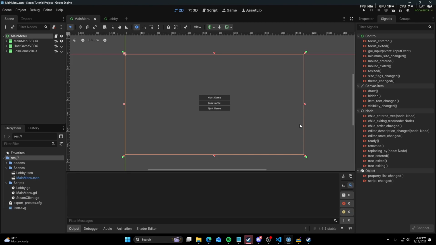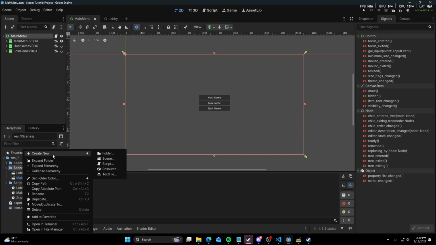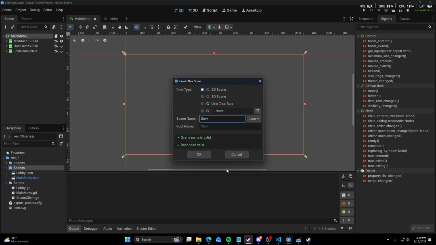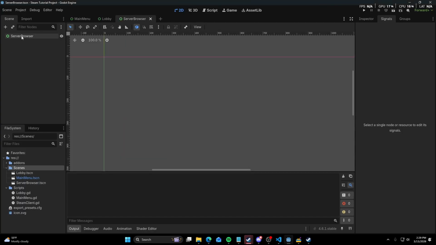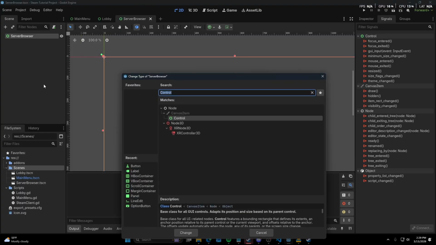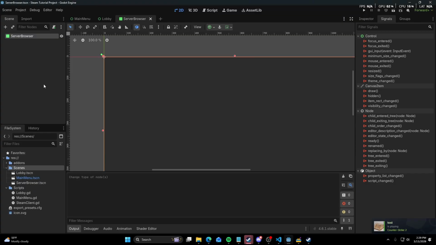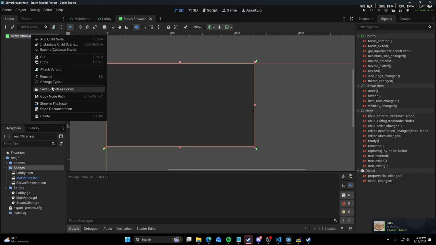Let's go ahead and get the UI out of the way because it's going to take a little bit of time to set that up, and then we can get to coding it. So we're going to add a new scene, and we're going to call it server browser. I'm just going to default to user interface, but we'll end up changing it. So we'll change the type here. And this one, I'm going to make it a panel with a margin box child